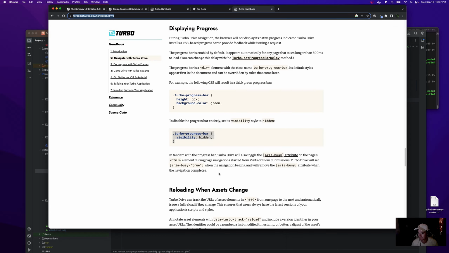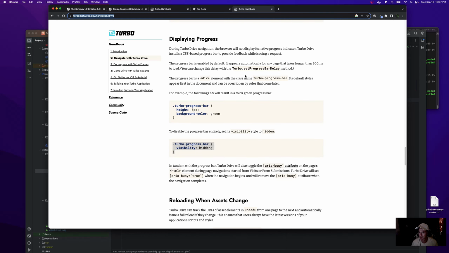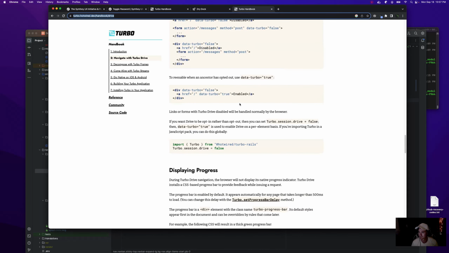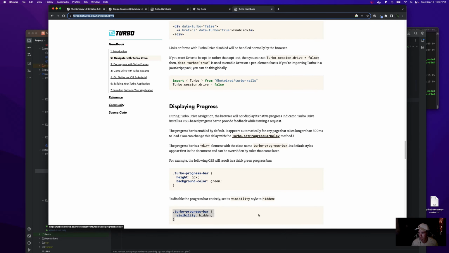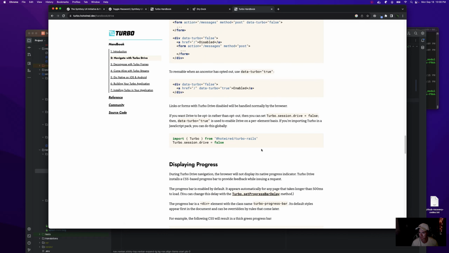It's just broke. So it takes longer than 500 milliseconds to load. Okay. I guess we can just do that.